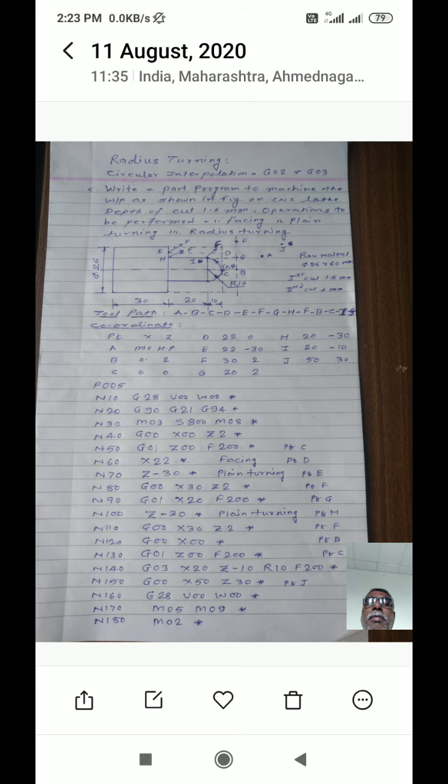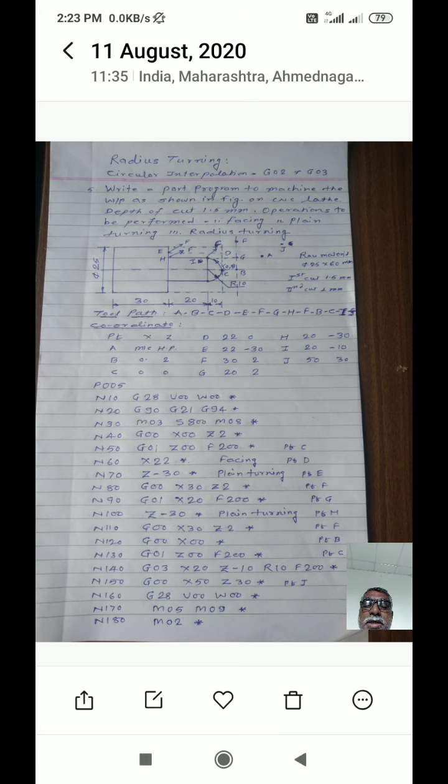This is a part program. You have to write the part program for the profile as shown in figure. The raw material available has 25 millimeter diameter and length 60 millimeter.